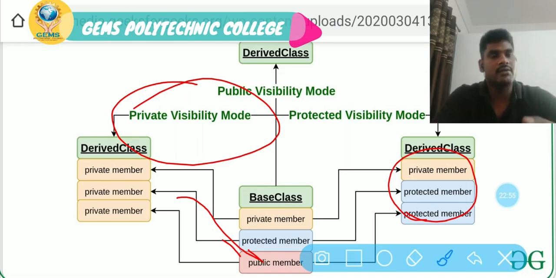At the same time, we have seen access specifiers, types of access specifiers and their definitions, and how they change from one derived class to another. So this is the lesson today. We will see more in the next class. Bye.